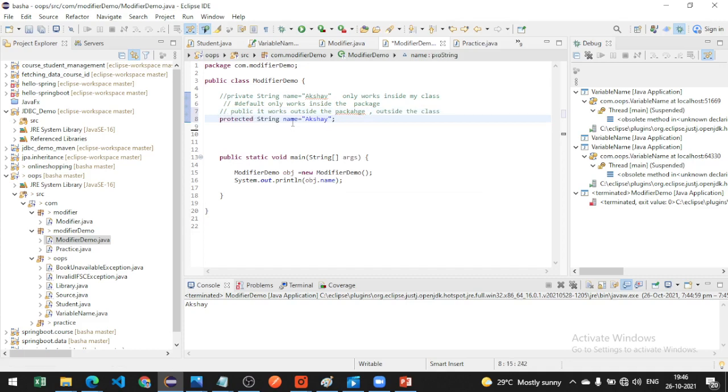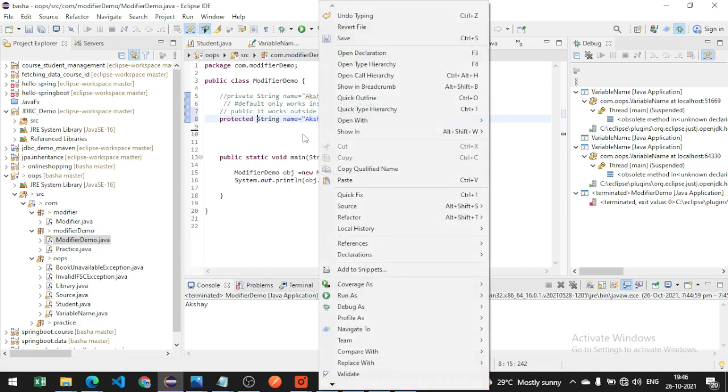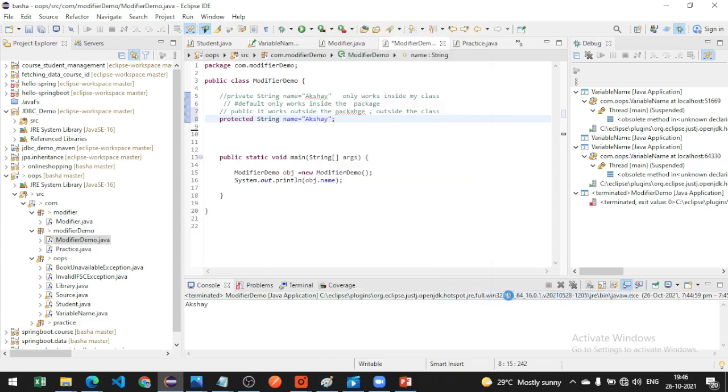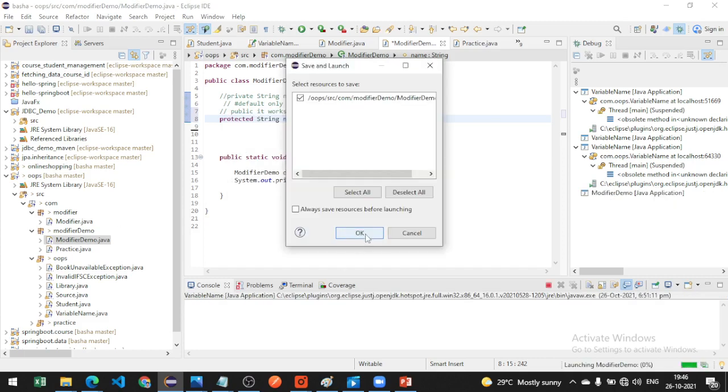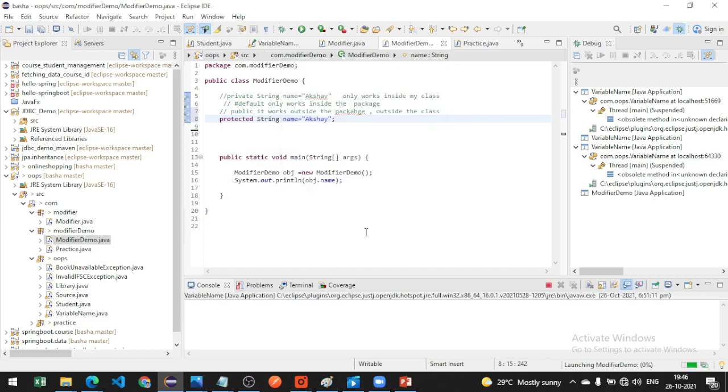Protected modifier. See what happened. It only works inside my package. It doesn't work outside my package, but it works outside when we extend this class in that class. Otherwise it won't work. See, there is an error in my modifier class inside my modifier package.